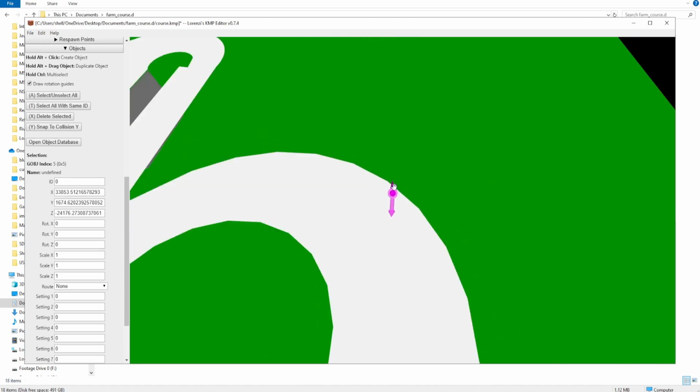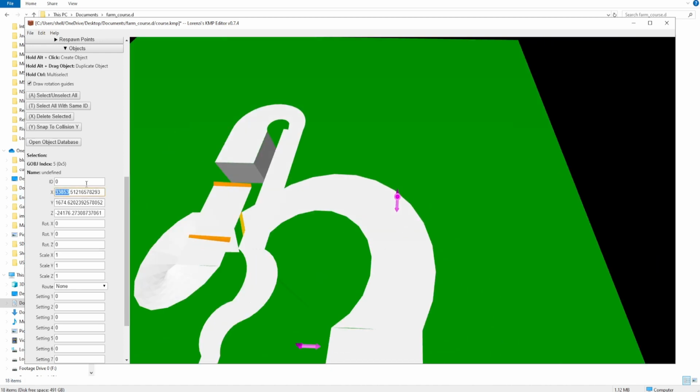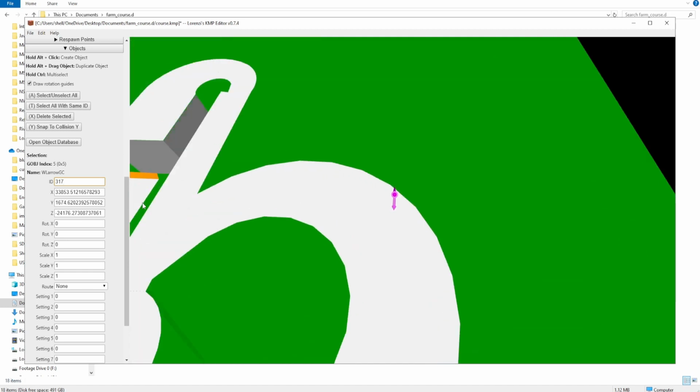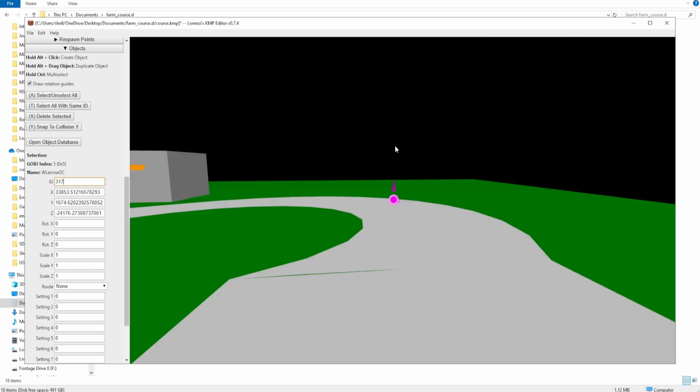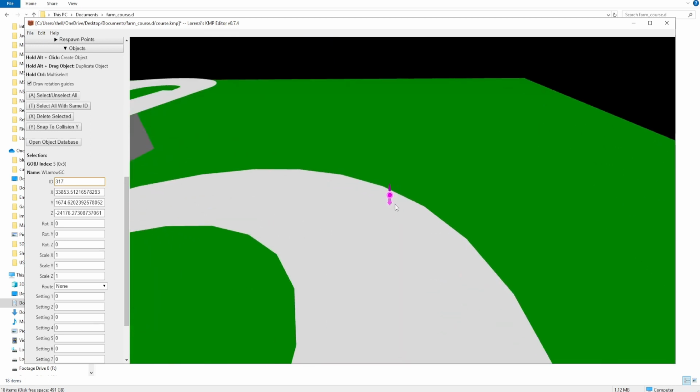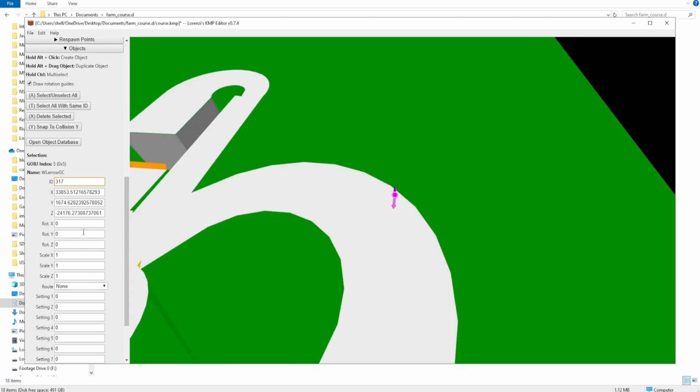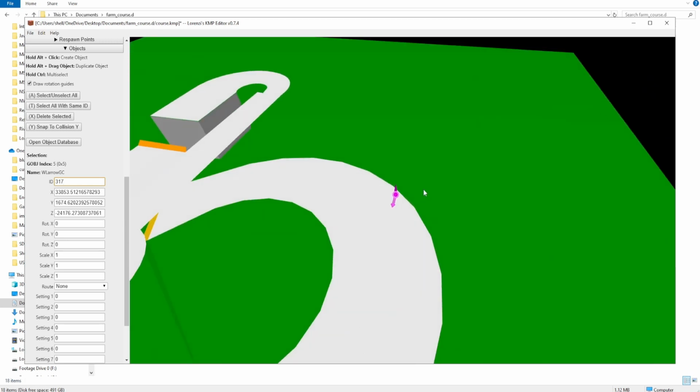I'm going to put trees along the side, and then there's going to be arrows here. If you're using ID 314, which is the 317 WL arrow GC, then the way that you can tell if it's a left turn or what is, basically if you want a right turn, then it's got to be that way. So since it's a left turn,